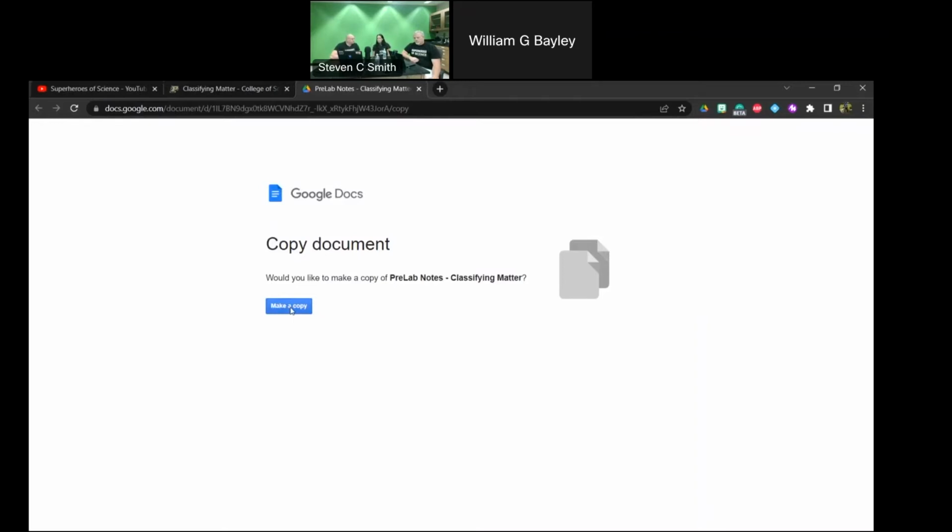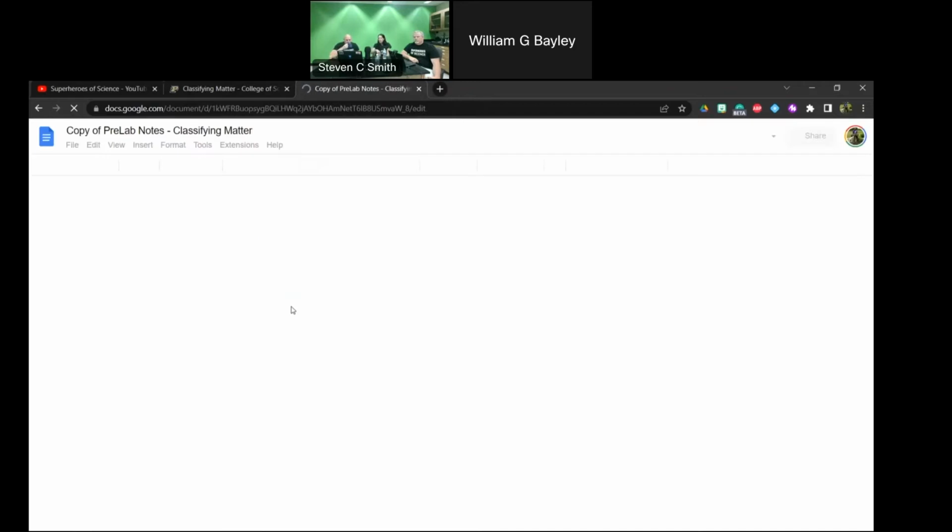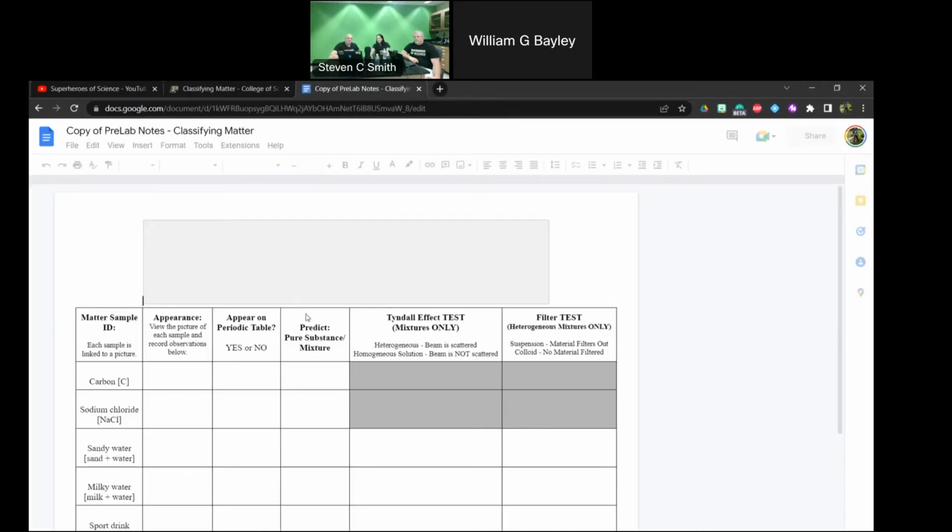This is something we can do with Google Docs so that it directly puts a copy of it straight to your drive, if you use Google, like G Suite, or if you have your own Gmail account. I know there are a lot of different schools that do utilize that, but not all schools are using Google. This will also work with other learning management systems, even though it's a Google product. I know that it can work with Canvas, but definitely you can make a copy of this straight there. When you click make a copy, now it's getting put directly into your drive.